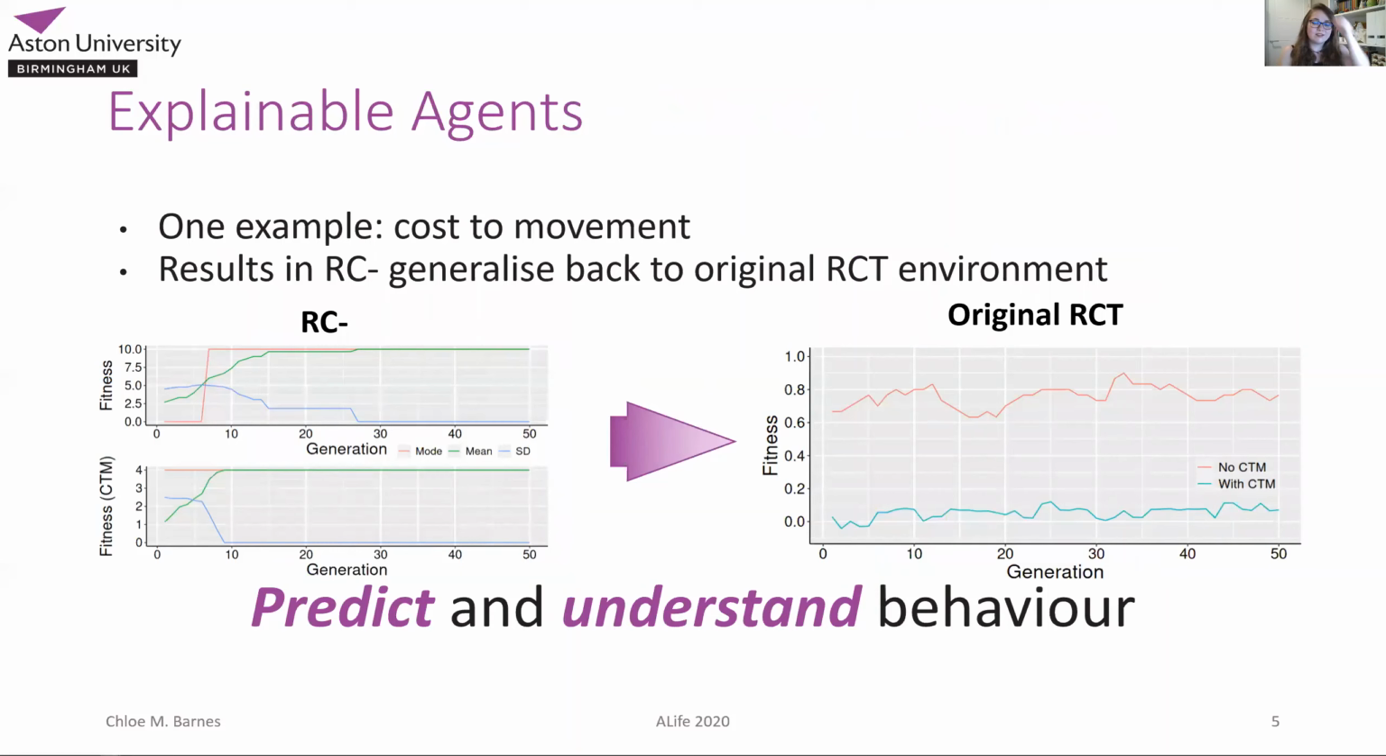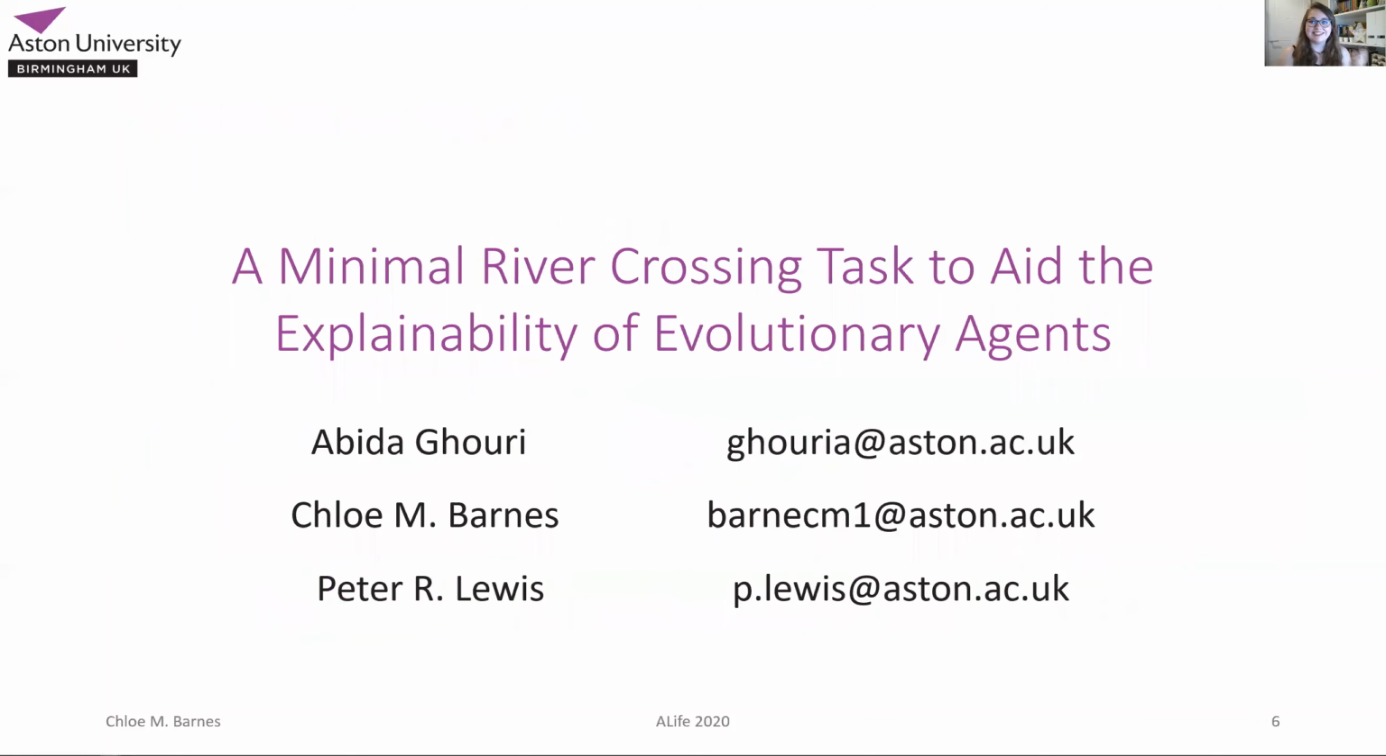And what this means is that our agents are explainable. The example that we've looked at, the cost to movement, we can see exactly why agents behave in the way that they do. And this means that we can actually generalize the results from the RC minus, the minimal task, into the original river crossing task. So we can predict and understand the behavior of our agents. And that's a whirlwind tour of our paper